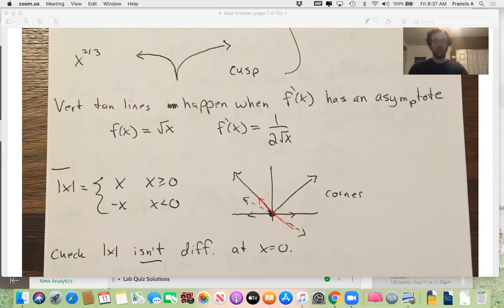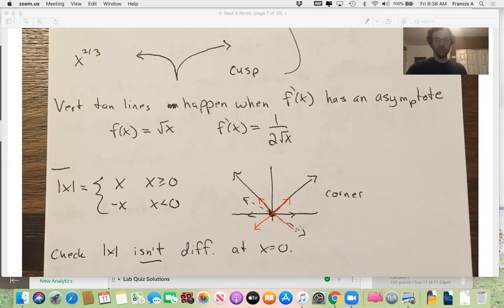Line here going in the direction of the left half, but then on the right side, it looks like the tangent line should be the line in the direction of the right half. And so it looks like there's more than one option for what the tangent line should be. And if there's more than one possibility, then, well, the derivative is a limit, and there's only one possible answer for a limit. So if it looks like there's more than one option, then we have to say, well, then the limit doesn't